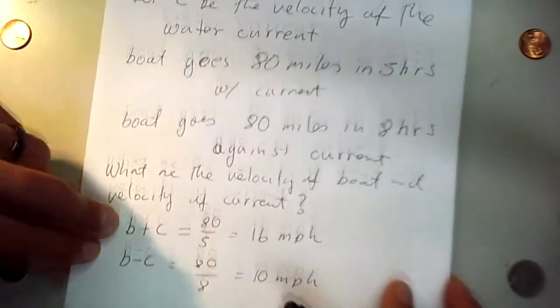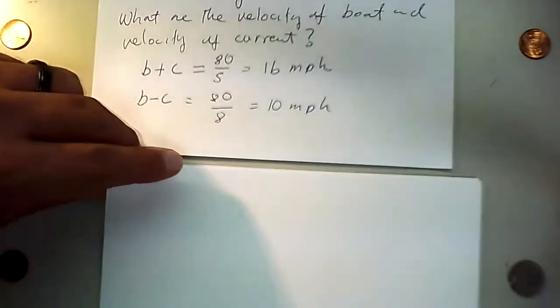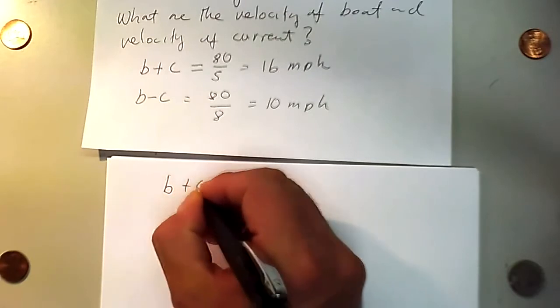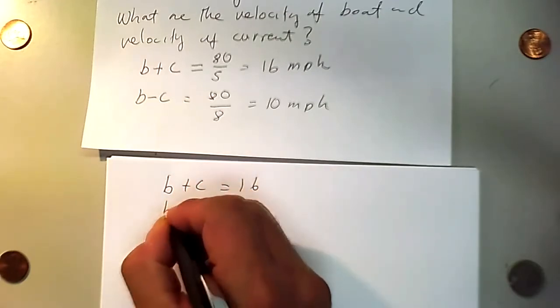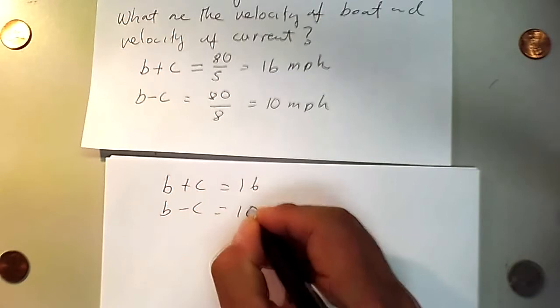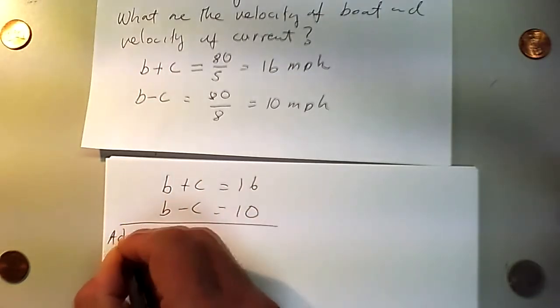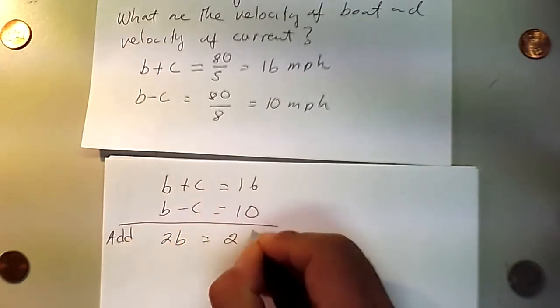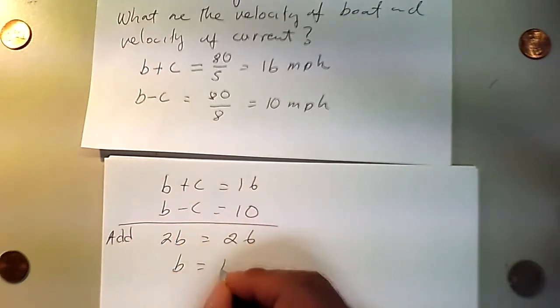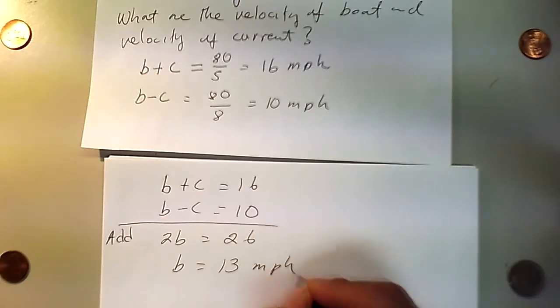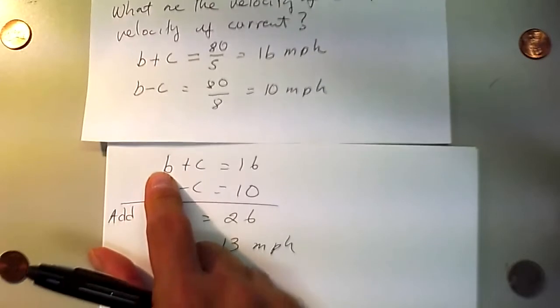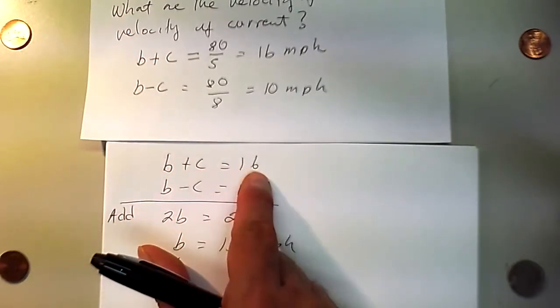That's an easy system of equations to solve, super, super duper easy. It's actually harder to set up the problem. Once we set up the problem, I'm just gonna copy this: b plus c equals 16, b minus c equals 10. If we add the two equations, we end up with 2b equals 26, which means the boat is going at 13 miles per hour. The current, well, now that you know b is 13, 13 plus what number equals 16? Well, that's 3